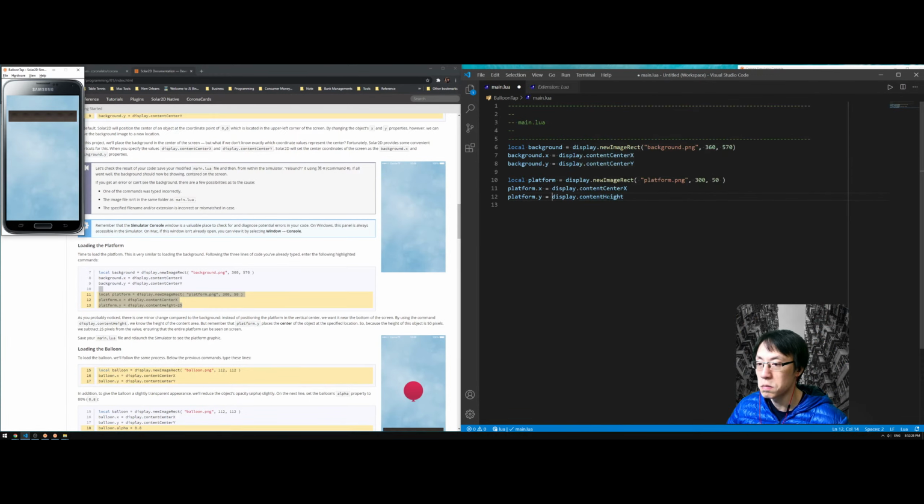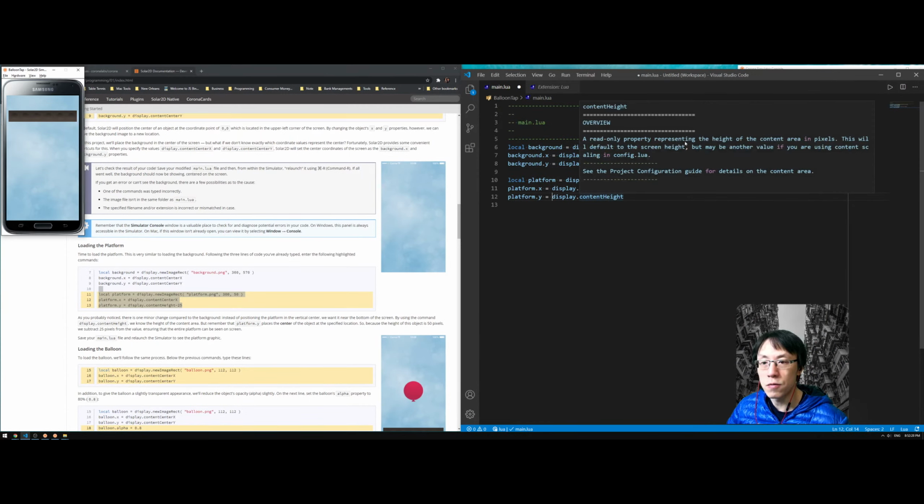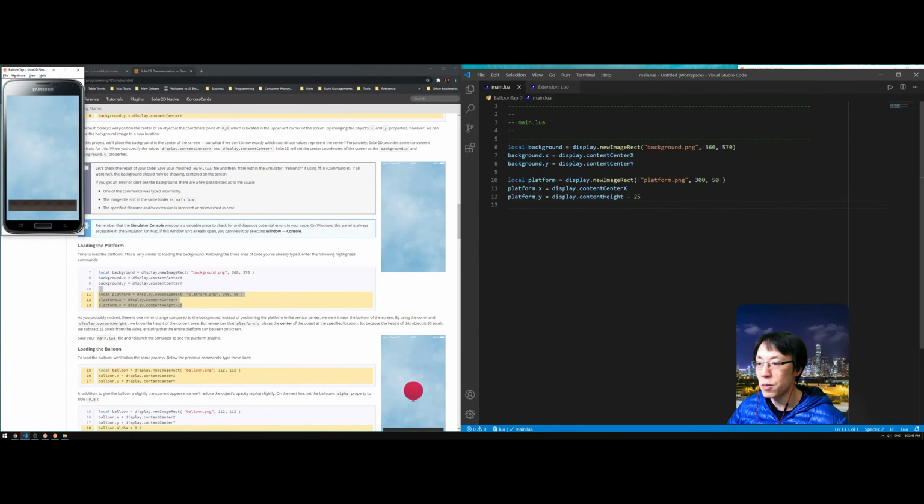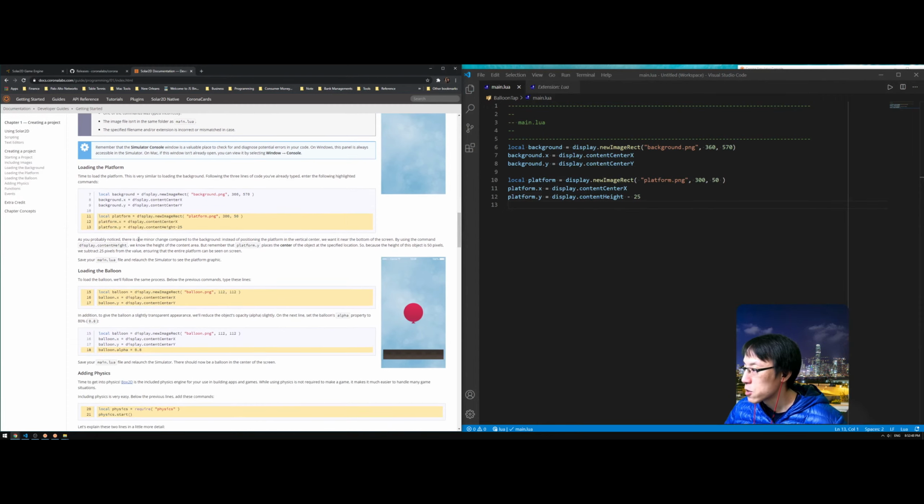Why is the content height not 50? We only probably have the height of the content or the display, the content area. What I'm talking about is not the image. This is the placement, and so yeah, that makes sense. So it's the content height. So it's the display height minus 50 to shift it up a little bit. Okay, that makes sense. As you probably know, instead of position center, position it at the bottom of the screen,